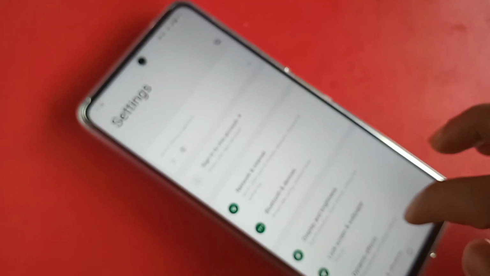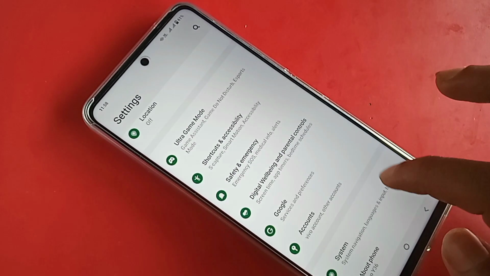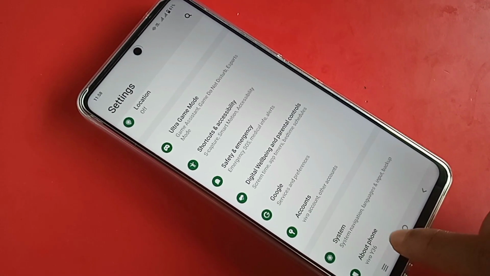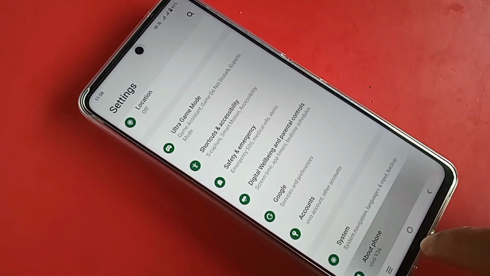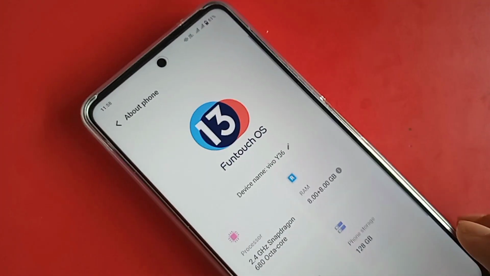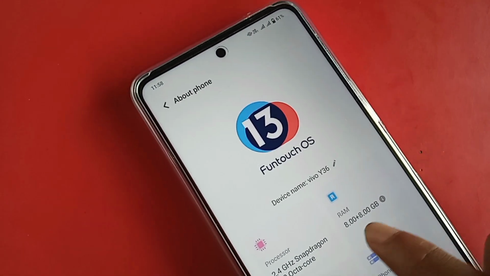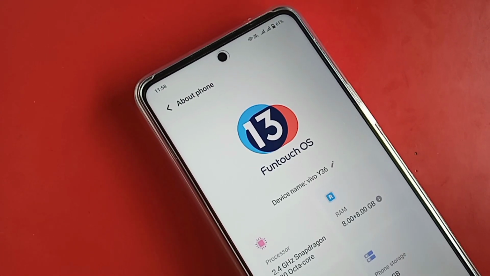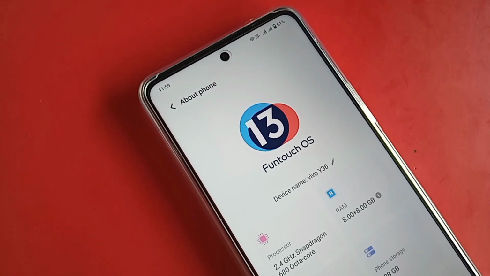Total RAM is 16GB. So again go to settings and scroll down, go to about phone. When you go to about phone, you can see your phone RAM is 8GB plus 8GB RAM added in the Vivo Y36 phone. So viewers, finally